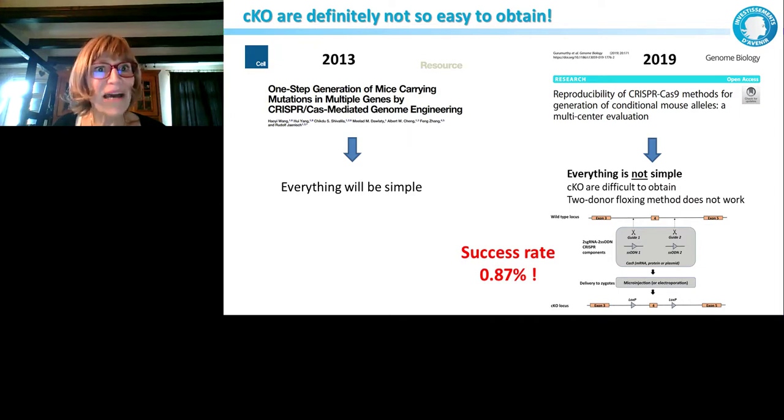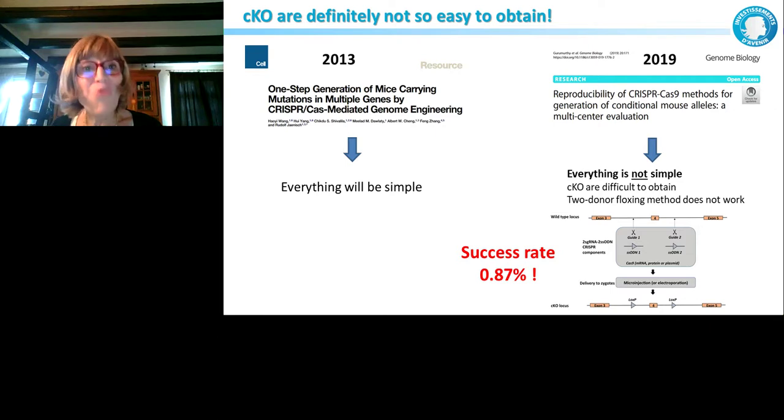And what happened afterwards is that a lot of people tried to reproduce what was in the paper. Some things were reproducible and some less so. And that was the case for conditionals. In 2019, this year, a paper came out from Biography and a lot of different teams saying that it's not so simple to obtain conditional knockouts, because if you use 2 ssODNs with LoxP sites on both sides and a guide RNA on both sides, you will get only very few successful projects. The success rate was less than 1%.